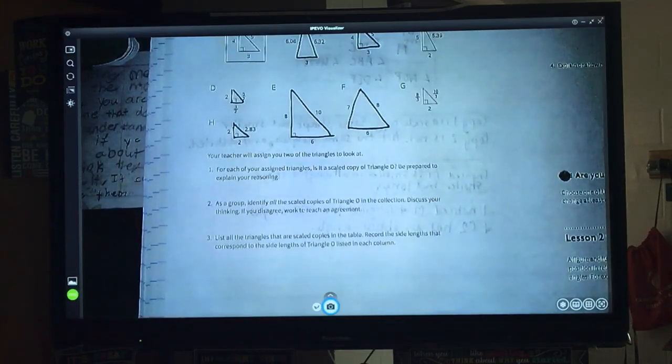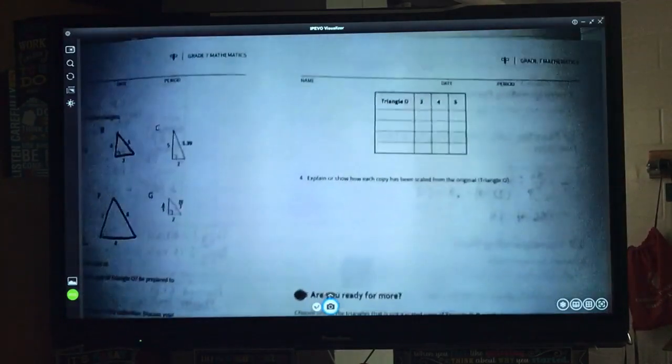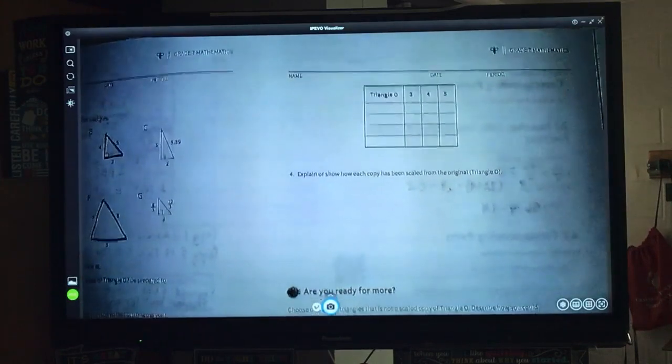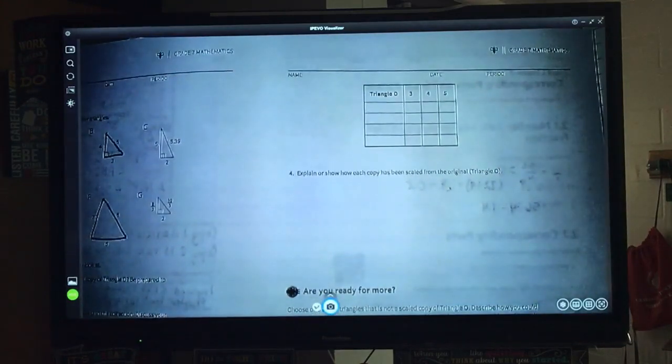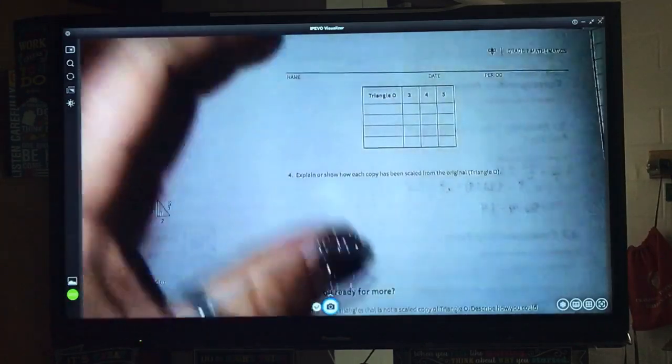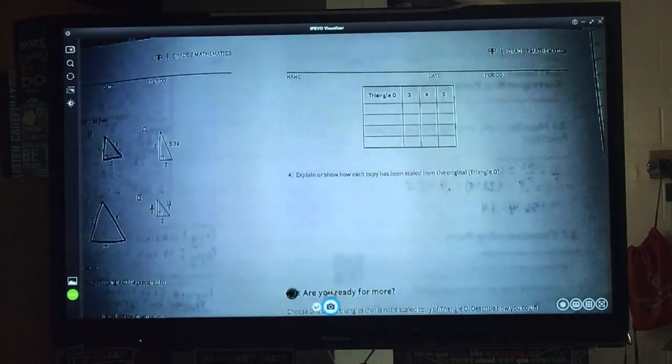Number 3, it says list all of the triangles that are scaled copies in the table. Record the side lengths that correspond to the side lengths of triangle O listed in each column, which this is the table they're talking about. And then the last one, number 4, says explain or show how each copy has been scaled from the original. So for number 4, the table will help you a lot with this to make sure that you essentially are,